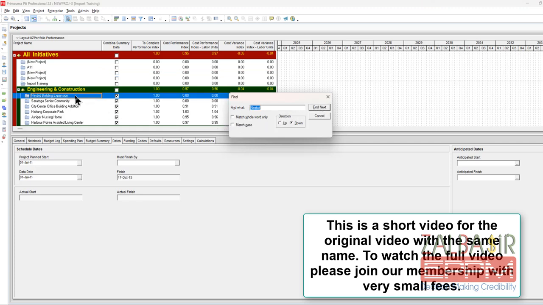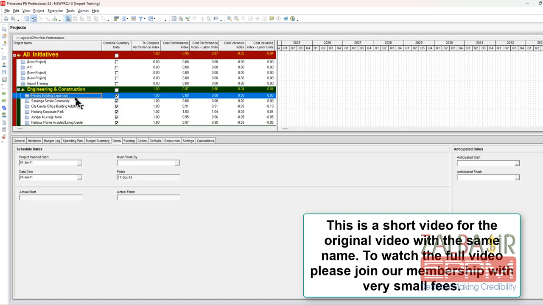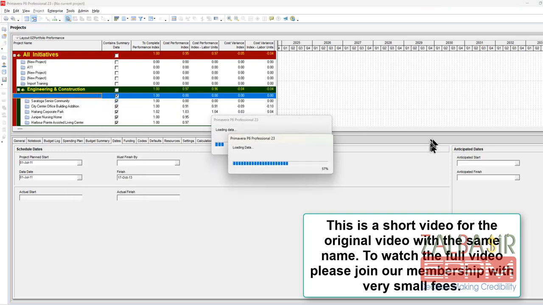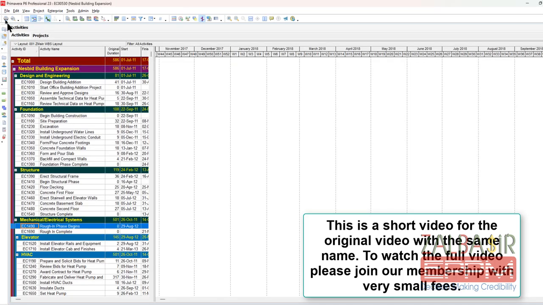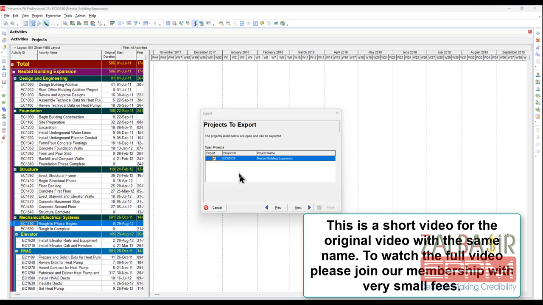Right-click on the Nesbit project and choose Open. Go File, Export, the exporting wizard. Tip: the projects showing here are the open projects. If you have more than one project opened, it will show here. You choose to export